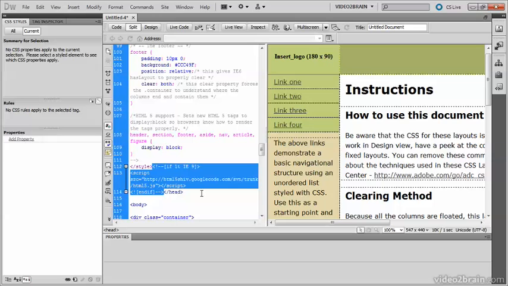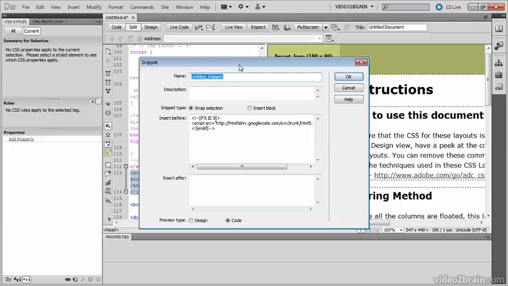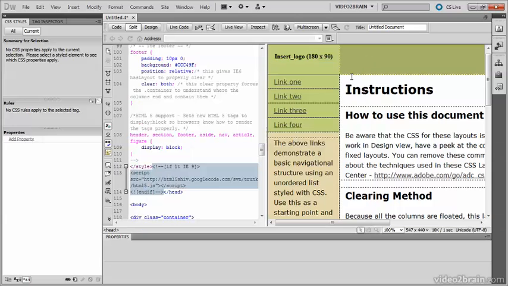This conditional comment is so useful I suggest that you save it as a snippet. So with it selected, right-click and then choose Create New Snippet from the context menu. And in the Snippets panel, give it a name such as IE6 to 8 HTML5. It's a block, so select the Insert Block radio button and then just click OK. And that's now stored in your Snippets panel,